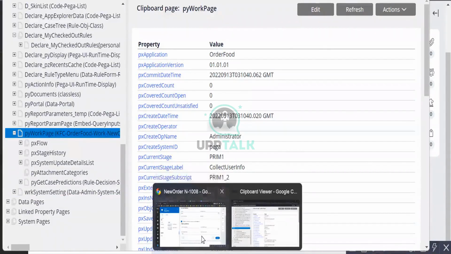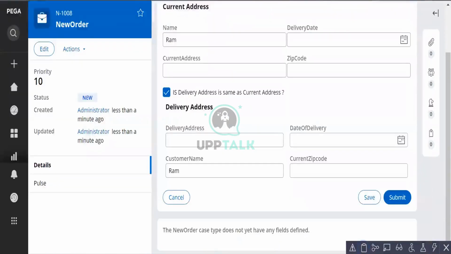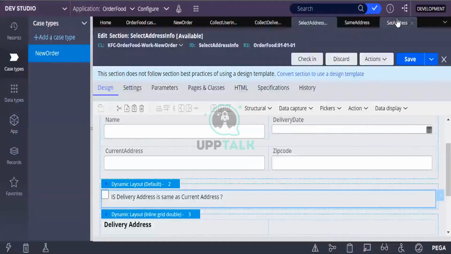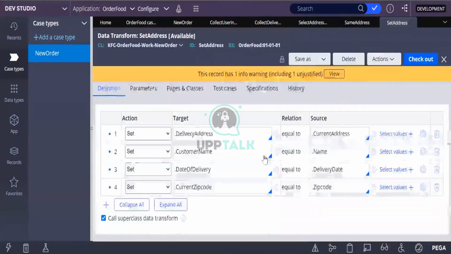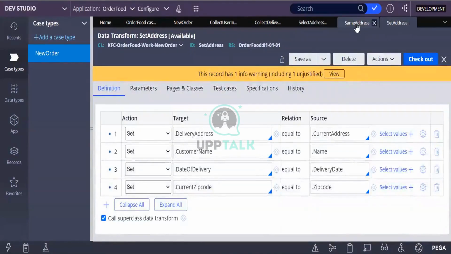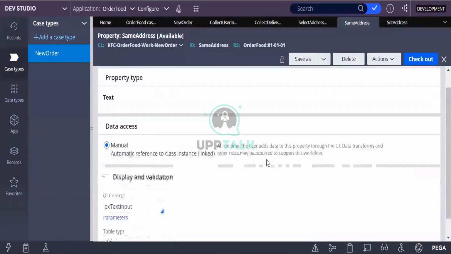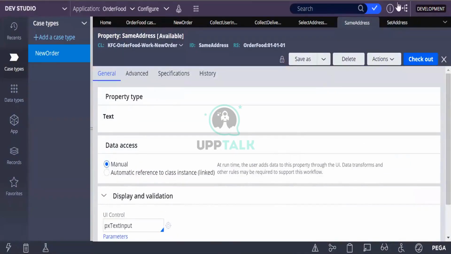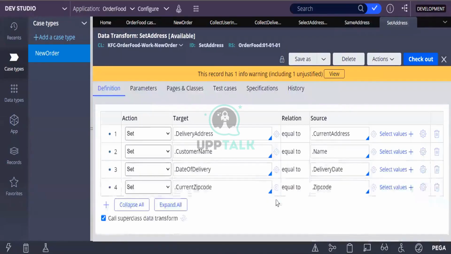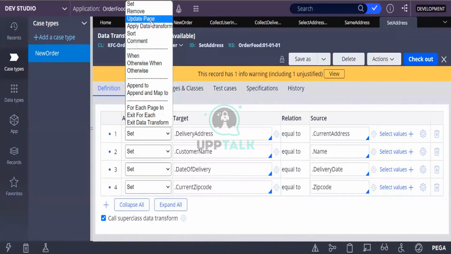How to configure your data transform: you can use two methods here. You can either use the set method or you can use the update page method. Go to your set address data transform. You can use either the set method or the update page method. If you are using the set method,